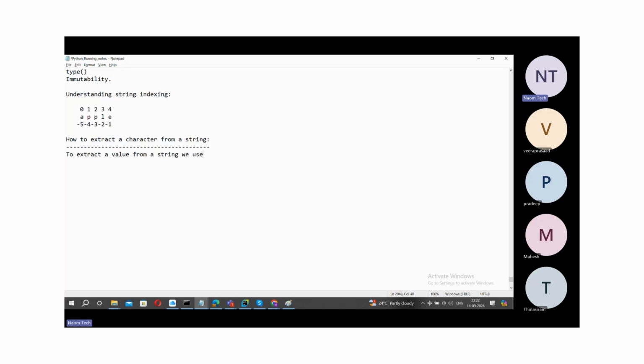We use what? Index. Not indexing, index. Right? So let me show you an example here. Suppose I want to extract a value from the 0th index, this one. If I want to extract a value from 0, then I can extract it like this, something like